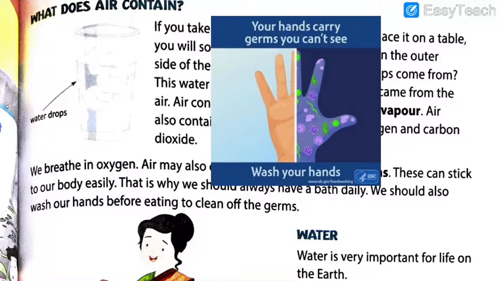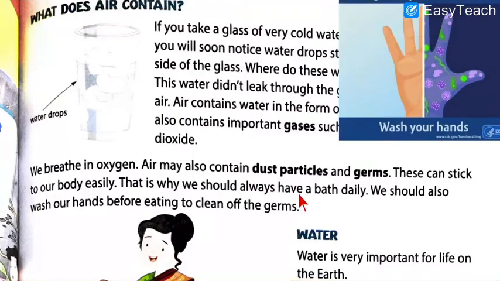Now, you cannot see germs with your naked eyes, right? You will say, oh sir, I have touched nowhere and my hands are white. Look at my hands, these are very white. So let me tell you, the white is not cleanliness, it is your skin tone. But inside there, germs are present. Let me show you one thing which will make evident whatever I am speaking here.